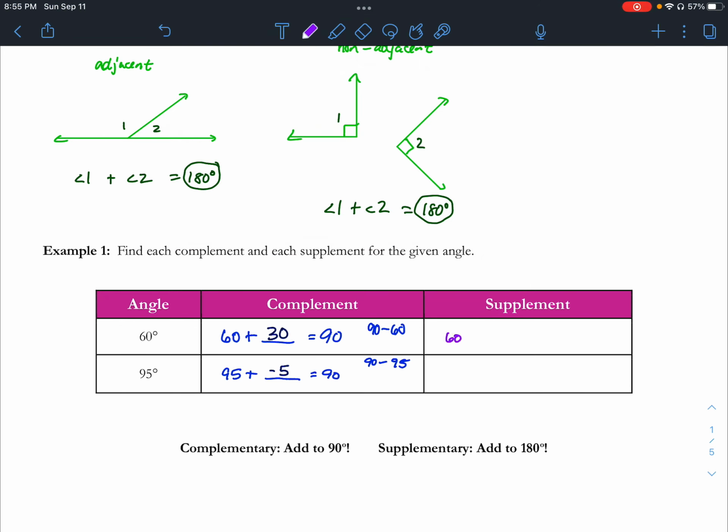I have a 60-degree angle. I need to add something to it, and it has to equal 180 degrees. You could take a look at that and do that maybe in your head and recognize that I need 120 more degrees to get there. Again, very similarly, we could just take our answer of 180 that we're looking for, subtract what we are looking for at 60 degrees,